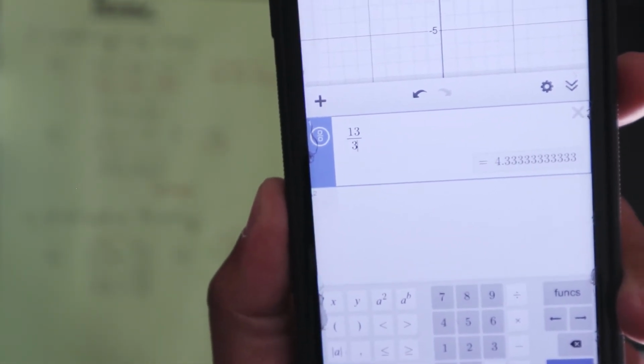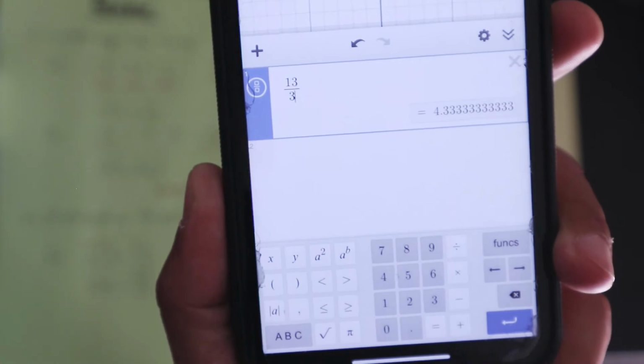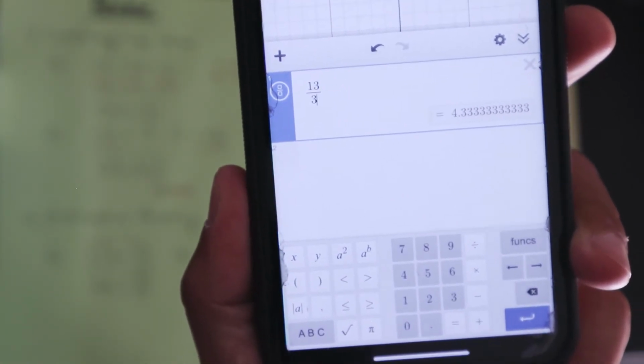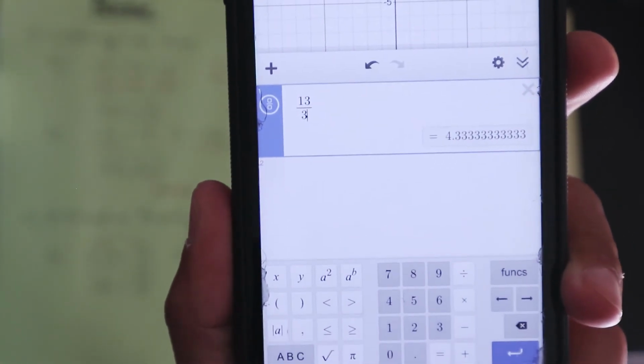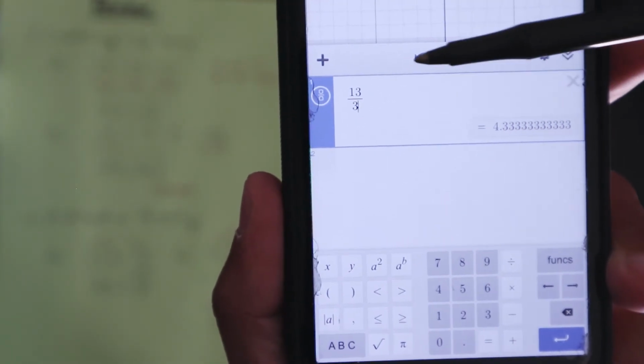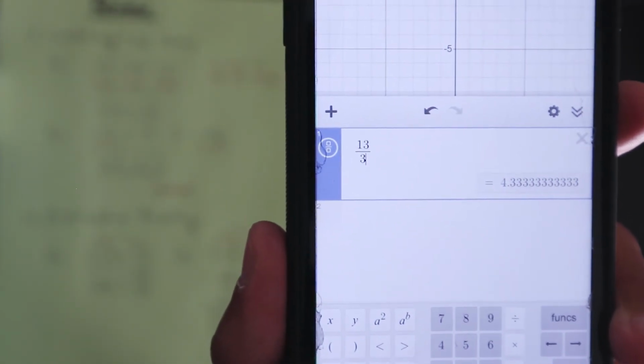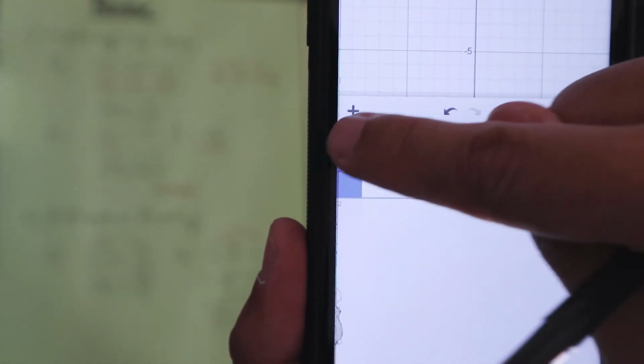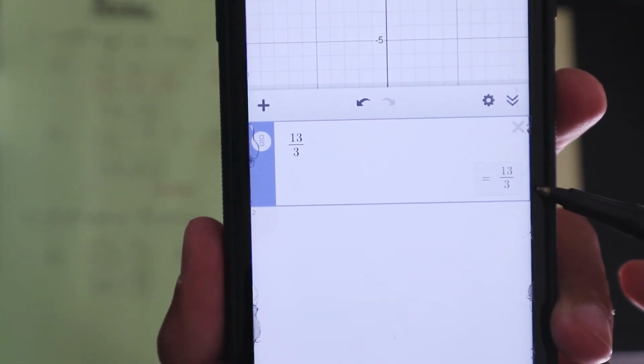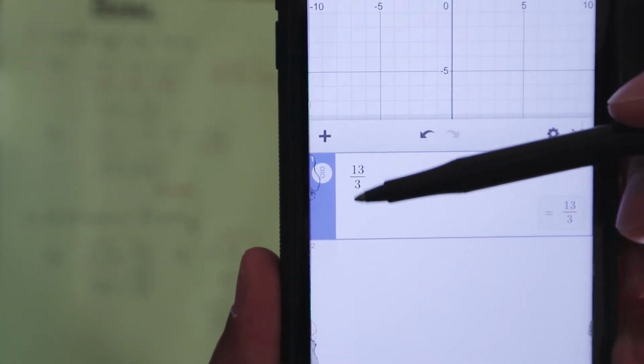I want you to write in improper fractions. In high school, we always, or most of the time, use improper fractions. So remember how you change the fraction? You press this button right here. So you press it, and it'll get you 13 over 3, which is the same as what we start with,